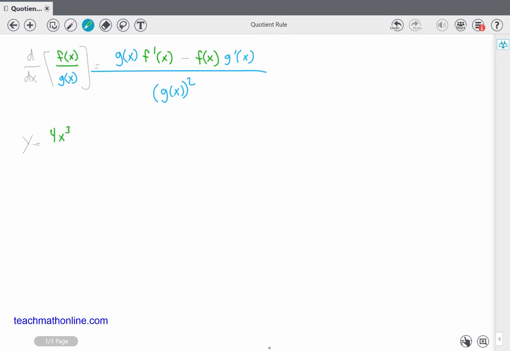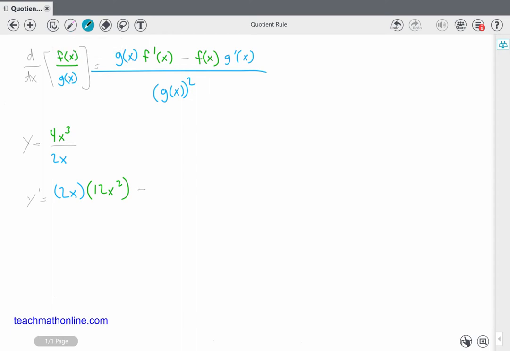4x to the third divided by 2x. If we wanted the derivative of this, we'd say y prime is equal to, and using the quotient rule, we want the bottom, which is going to be 2x, times the derivative of the top, which is going to be 12x squared,